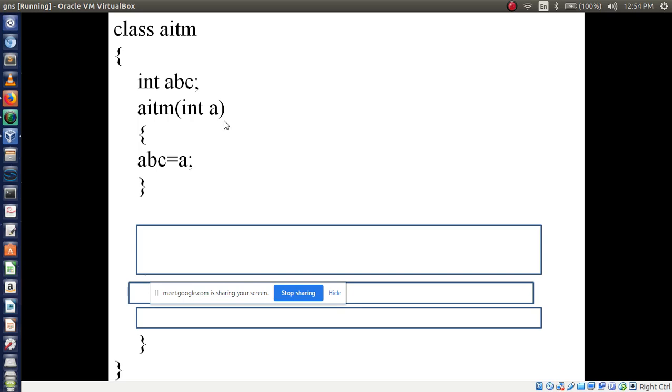Done. Now next task is what? Whatever parameter name you are writing should be assigned to the instance variable. Instance variable name is abc is equal to a. Done. Next what should I write? Class I have defined, constructor I have defined. Next what I have to define?